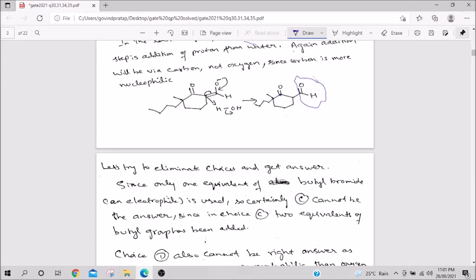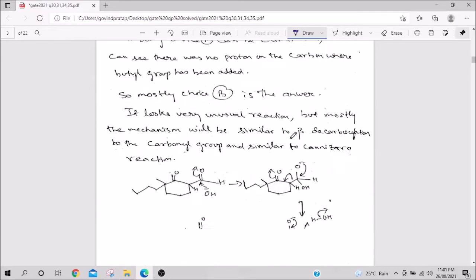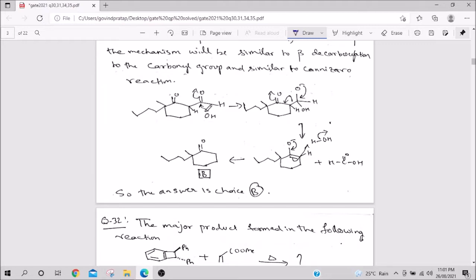So, mostly it will be some kind of Cannizzaro where this is getting oxidized into the acid form and then decarboxylation happens. So, my guess is something like this happens, OH minus goes and attacks here and you get this, this comes back and this goes here, it comes back here, it takes a proton and you get decarboxylation, basically it goes off, that is CO2 plus H2. So, the product is B in all probability.